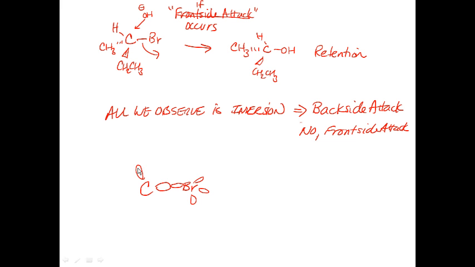And so if we looked at a picture of, let's say, well, I'll just make this a primary halide. So this carbon then is tetrahedral. It's got sp3 hybridization. The bromine actually has sp3 hybridization as well, because it's got its lone pairs in sp3